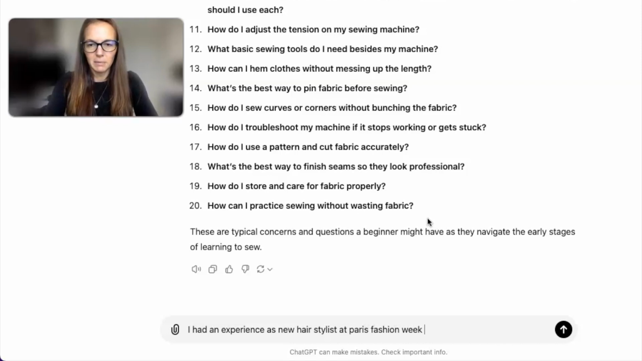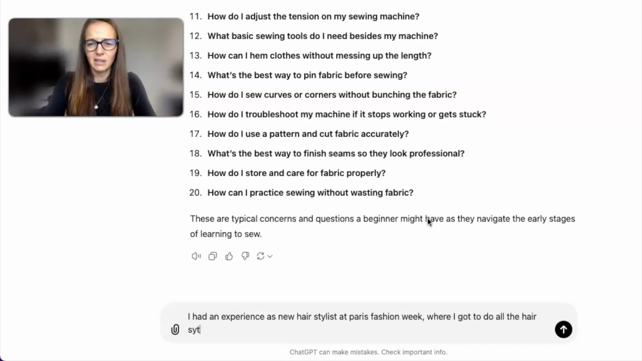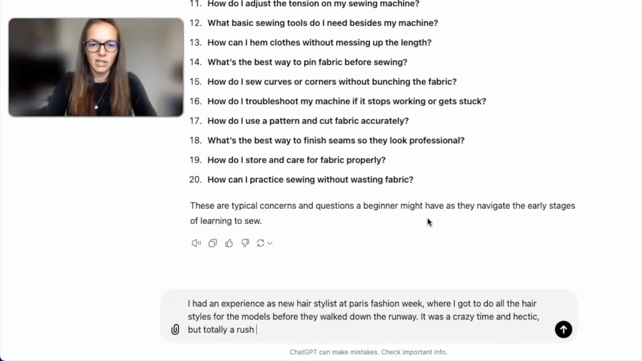I know Paris should be capitalized, but I'm not worried about that stuff, where I got to do all the hairstyles. I don't really know much about this stuff, the terminology, hairstyles for the models before they walked down the runway. It was a crazy time and hectic, but totally a rush and great experience. I know I'm misspelling things, as a new and upcoming